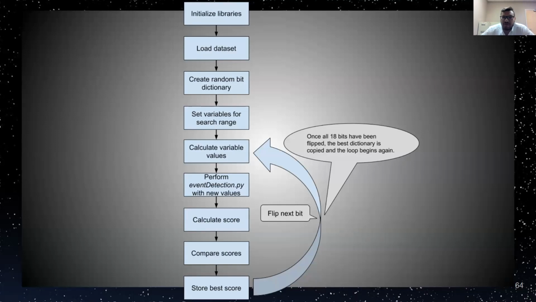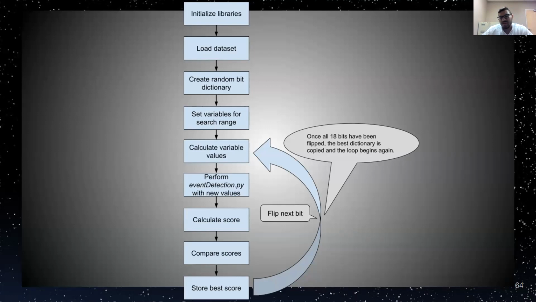So real quick to go through this flow chart: obviously libraries and your data set, we load, then a random bit dictionary is created. We set variables for search range. A user can set the range for what you want to search in. Then each iteration, the bit dictionary is used to calculate the variable values. We then perform the event detection Python script with these new values, calculate the scores and compare the scores, and